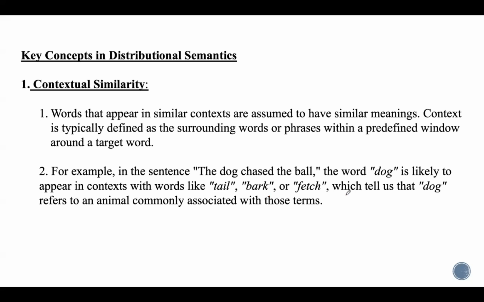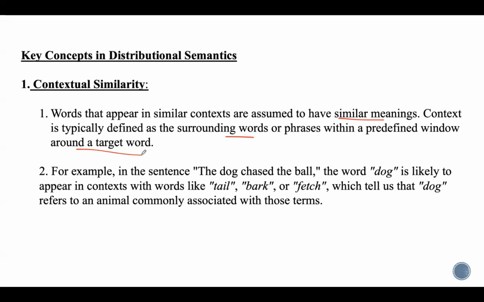And coming to contextual similarity, words that appear in similar contexts are assumed to have similar meanings. Context is mainly defined as the surrounding words or phrases within a predefined window around a target word. We saw this while discussing word2vec